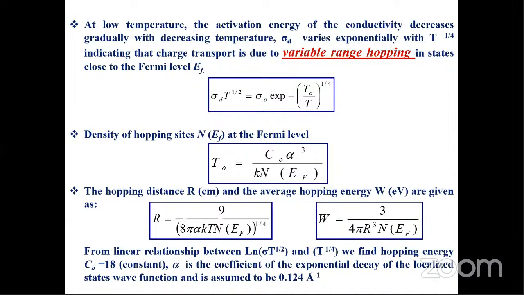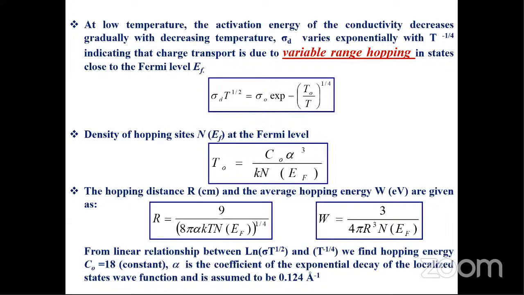And from here one can calculate the density of hopping sites at the Fermi level, that is given by T naught, that is equal to C naught alpha Q upon Kn. These are the standard formulas which all of you have used whenever we are discussing the low temperature phenomena and all those things. The hopping distance R and the average hopping energy, those are given by these two relations,